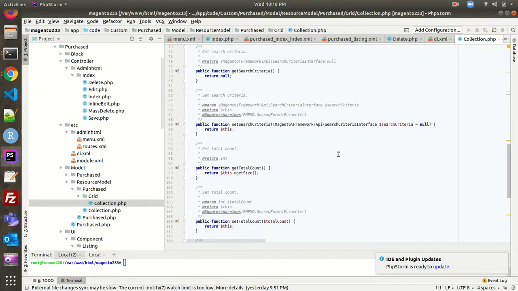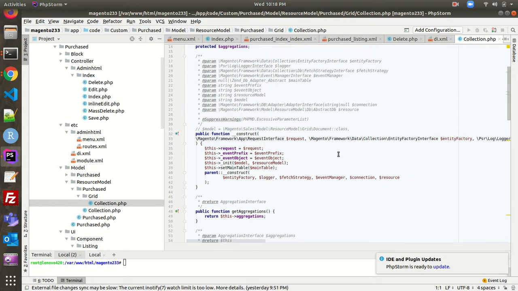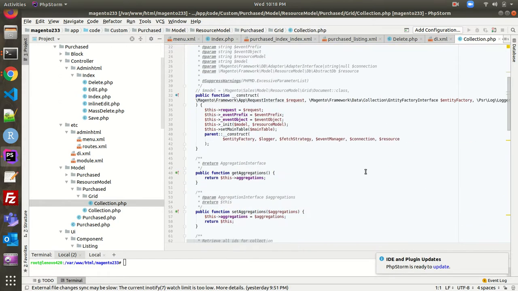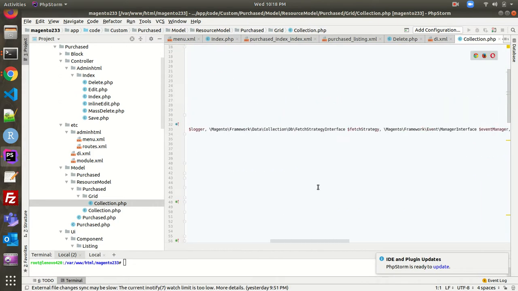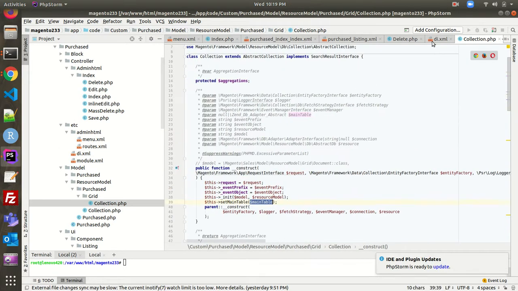There are lots of methods, you don't have to be scared. There is nothing much to explain over here, because it is simply trying to create a particular collection. Since I'm using Magento's own collection, you see I'm trying to set the main table, and it is automatically getting the data from here.